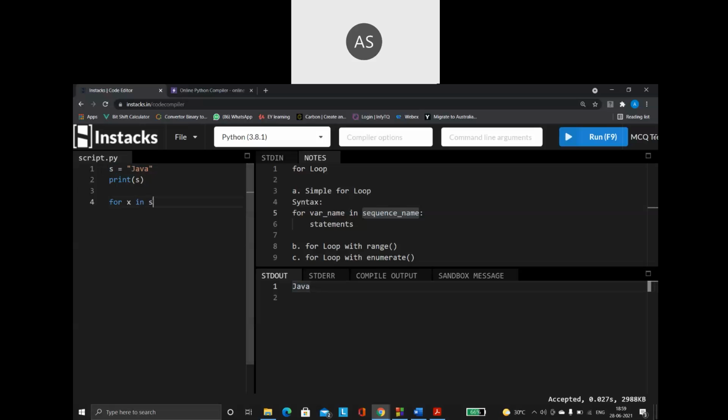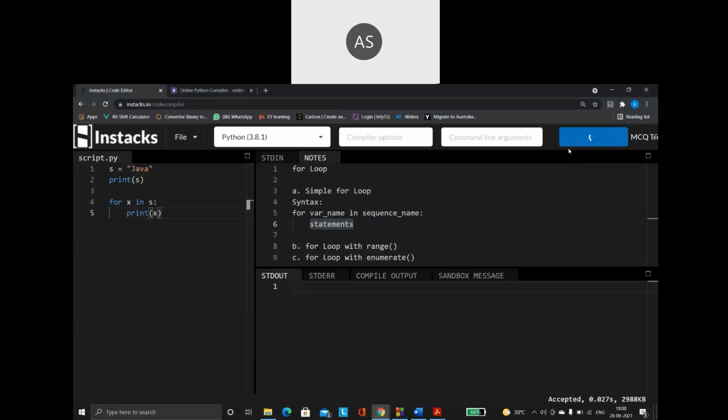So give that, colon. Then inside, what do you have to say? Give the statements. So what is the statement going to be here? I want to print each and every character inside my string. So I am saying print x. That's all.